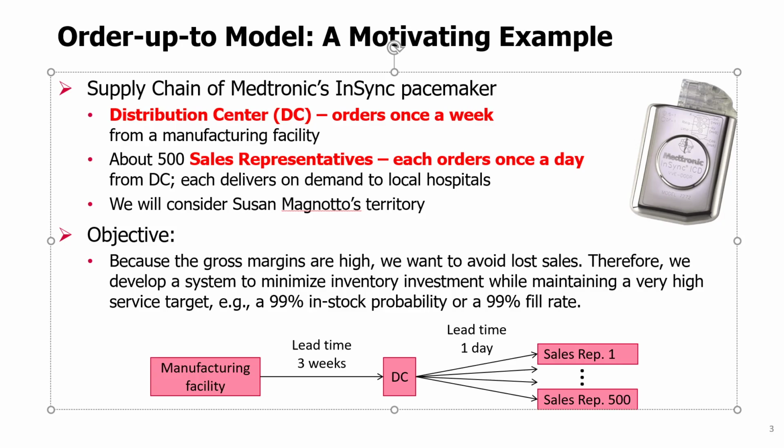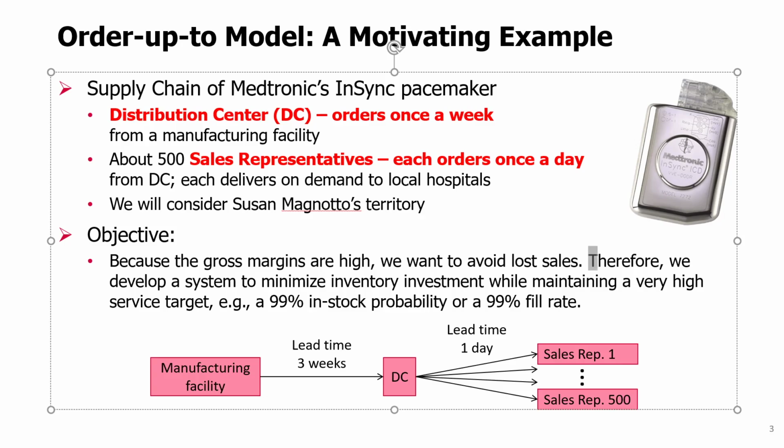So the objective here, because the gross margins are very high, meaning that whatever the price of the pacemaker, a large percentage of it is the profit that Medtronic and the whole supply chain is making out of the sales. The lost profit would be the lost opportunity from sale if we had a stock out. So we don't want to have stockouts because we don't want to have any lost sales. Not only can we lose profit in the immediate sale, but we might also have